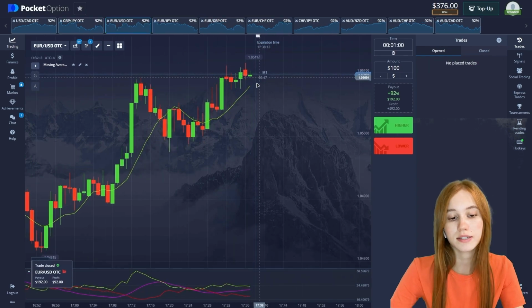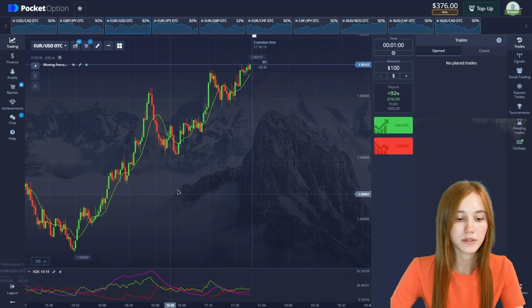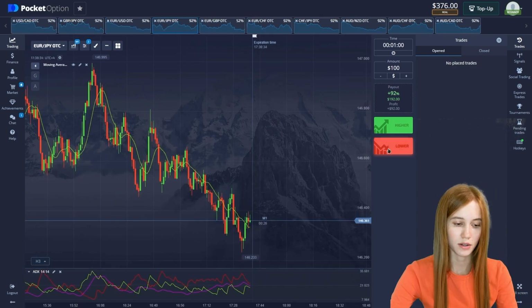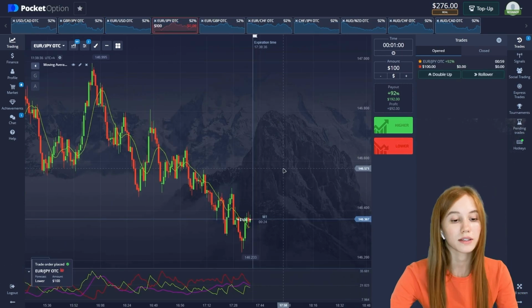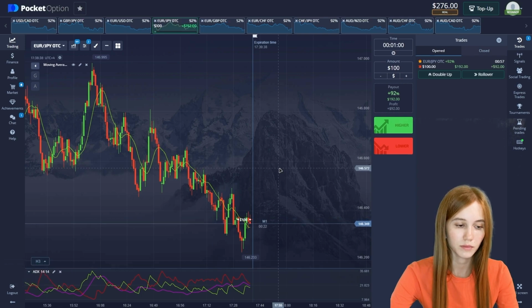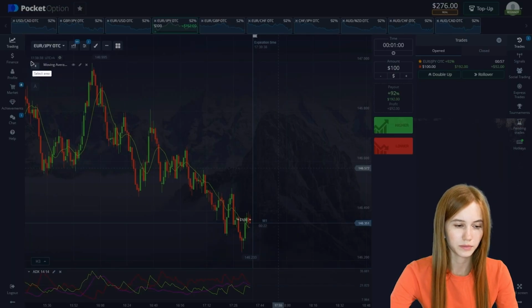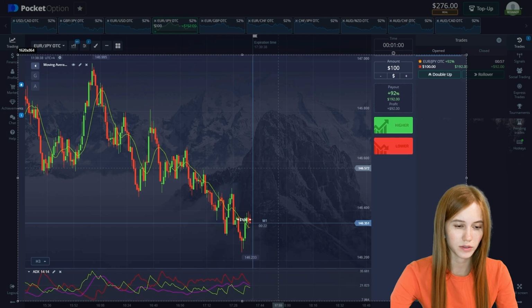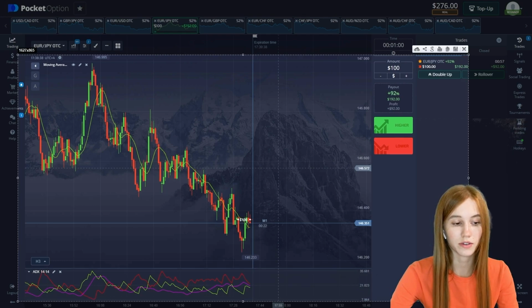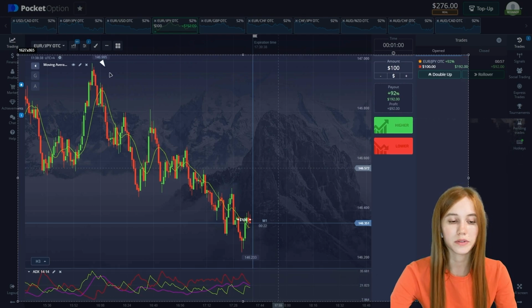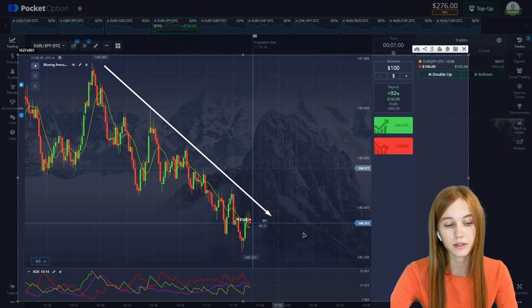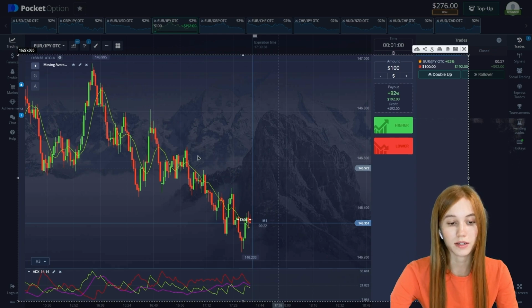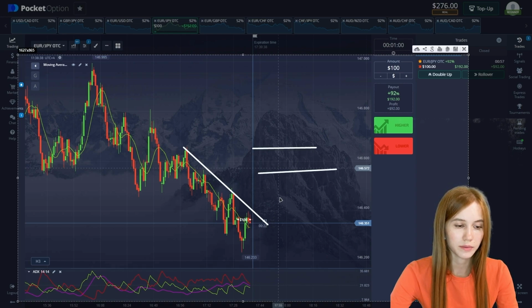Yeah, profit is $92. So let's go up and down and start our technical analysis. Let's see the situation. The general trend is going down. We'll also highlight the area of resistance and support. There was a test here on the shadows. Also here, highlight